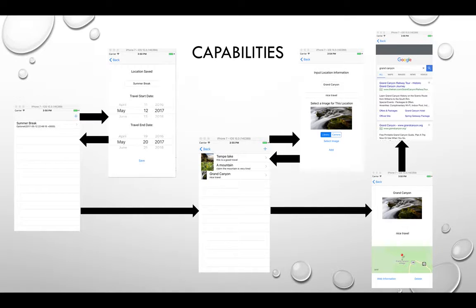The user can locate travel information and remove it by using the sliding action, and the user can click the cell of the travel information to go to the location table view to view the location information. The user can use a back button in the location table view to get back to the travel table view, and the user uses the plus button